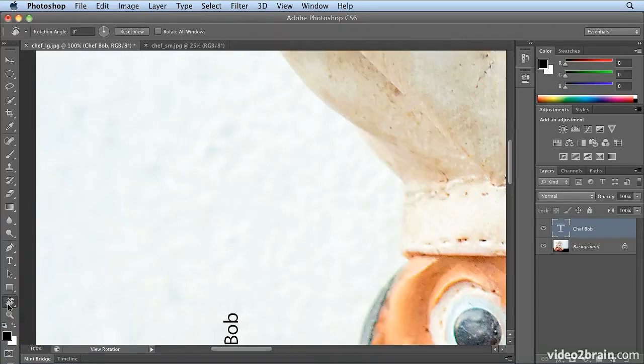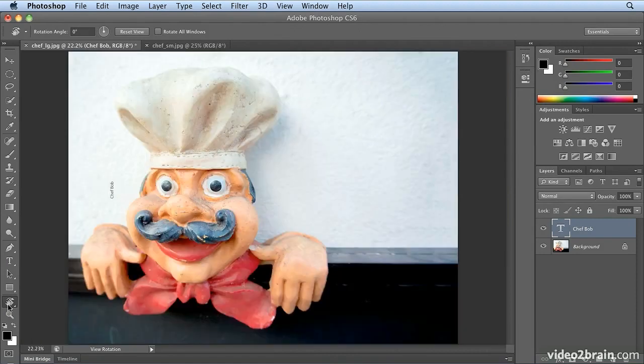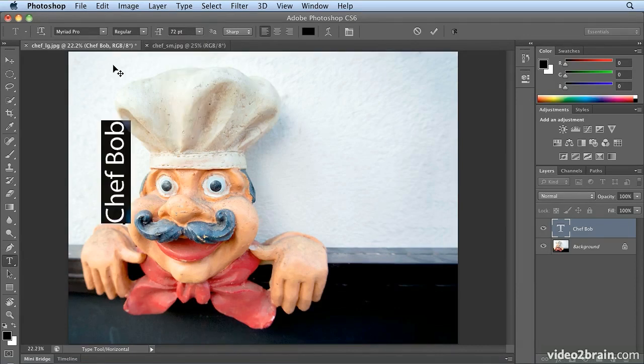Double-clicking on Rotate View resets my screen, and to see that better, I'll hit Command 0 or Control 0 to fit back in window. Now I can go to the Move tool. Now I can move Chef Bob down here, and if I wanted to, I could play with that type by triple-clicking. I hit T quickly to switch to the type tool. I'll make it huge, and I'll show you some more typography stuff later in the show, but my last favorite keyboard shortcut trick,